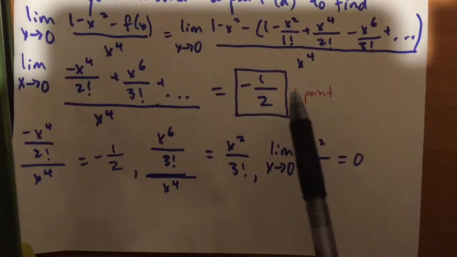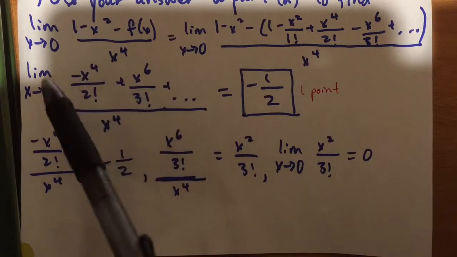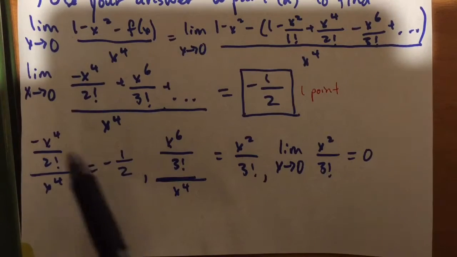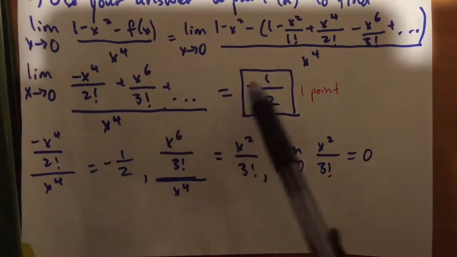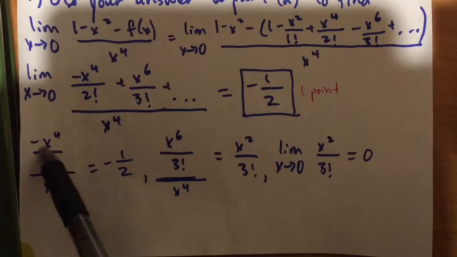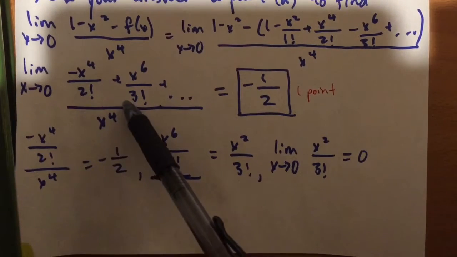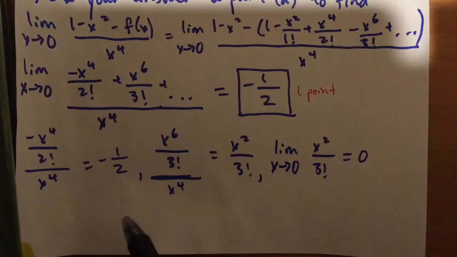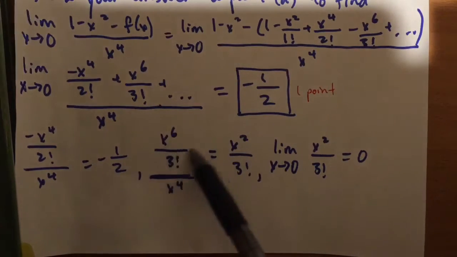Now, some of you may be asking, how do you know that this whole thing will just become negative 1/2? Well, we notice that the only term that actually matters in this limit is negative x to the 4th over 2 factorial, because the negative x to the 4th over 2 factorial will cancel out with the x to the 4th in the denominator to just become negative 1/2, while the other terms in the sequence with larger x degrees, such as x